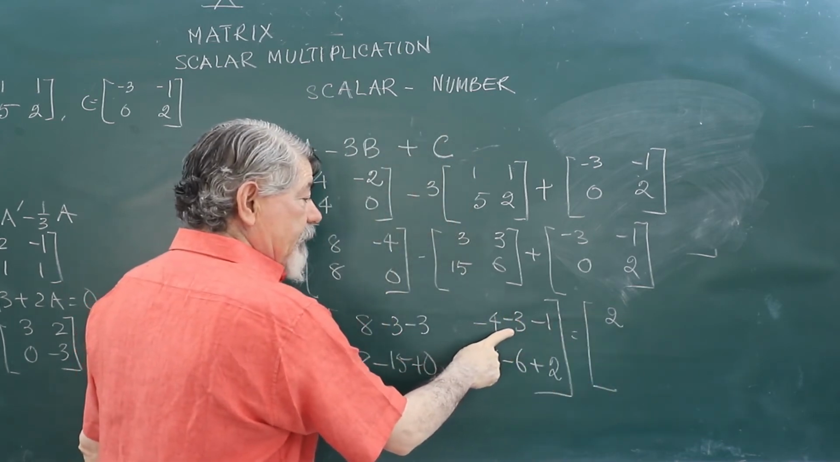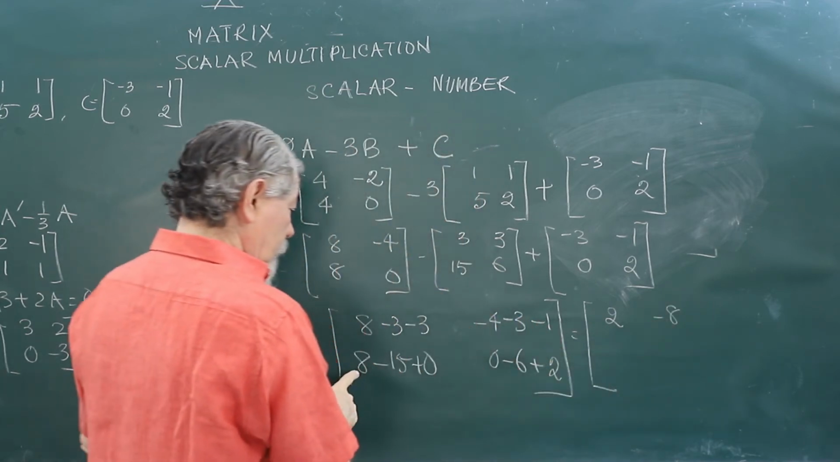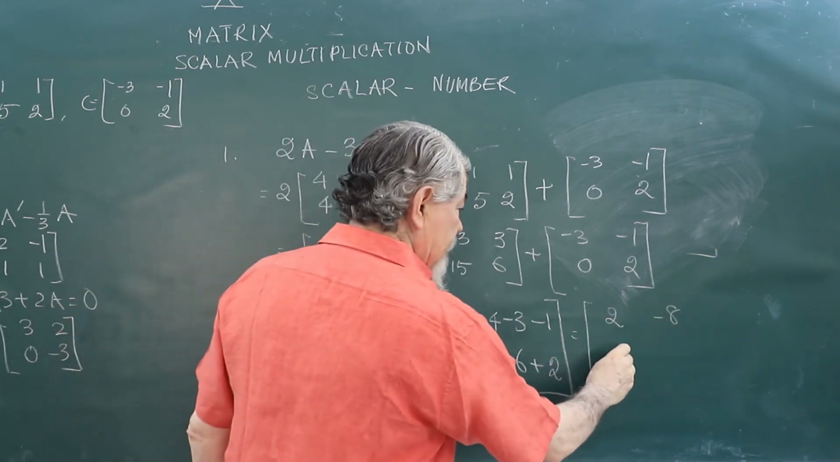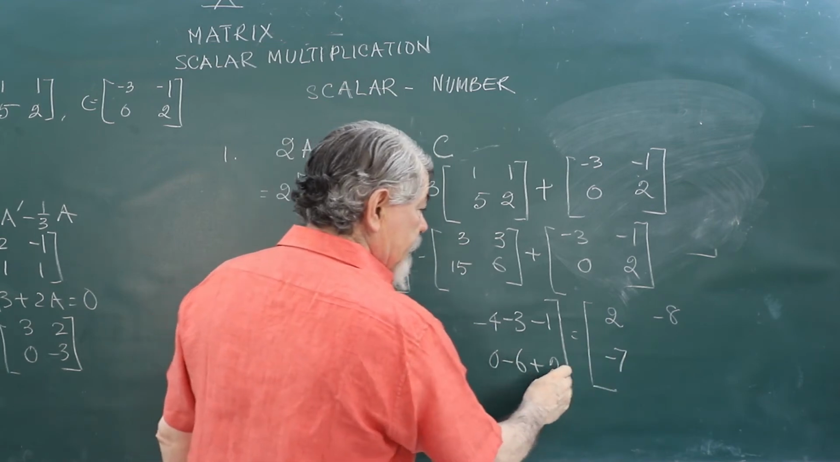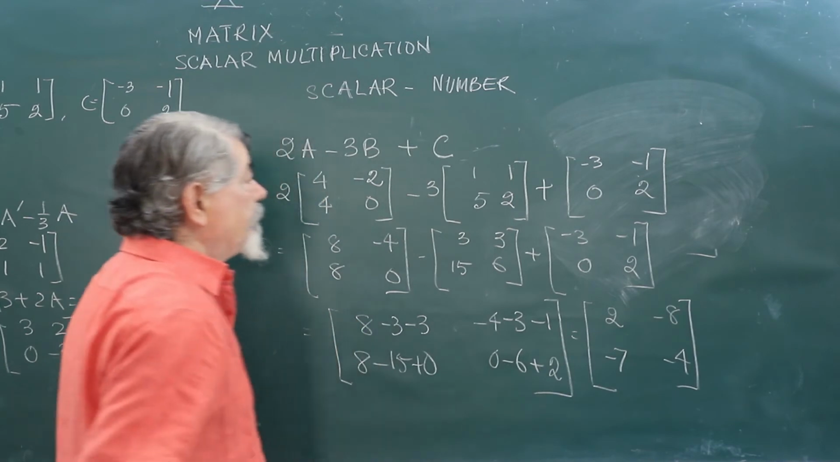Minus 4 minus 3 is minus 7, minus 1 minus 8. 8 minus 15 is minus 7. Minus 6 plus 2 is minus 4. So we have done